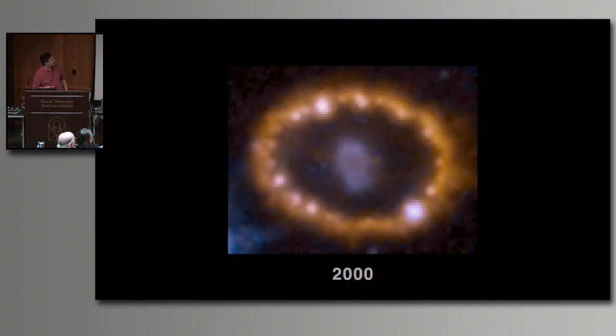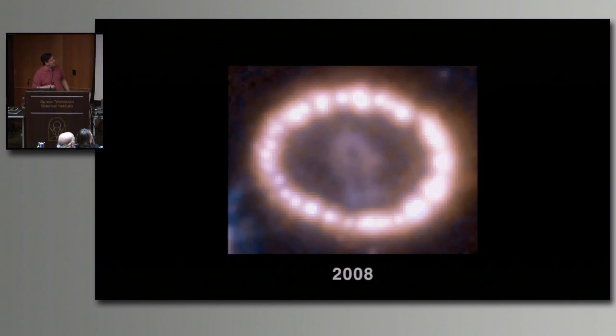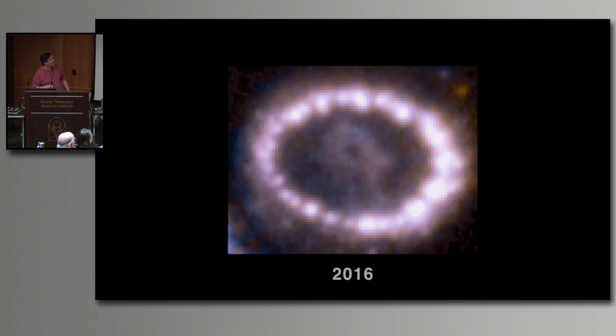So you can see the ring starts out relatively faint, and then it starts to lighten up as the blast wave hits it, and all of the dense regions in the ring become illuminated over the years. Okay, this is the blast wave from the supernova spreading out and hitting the ring, which I can use my